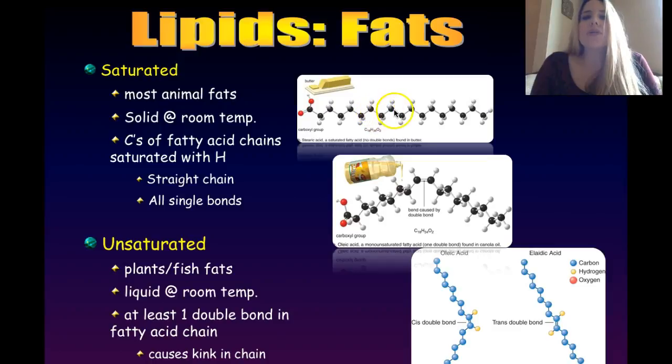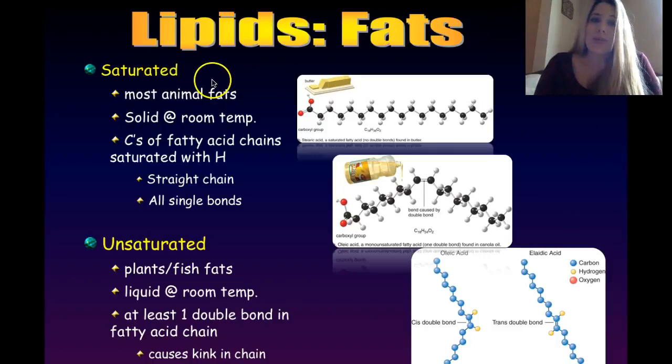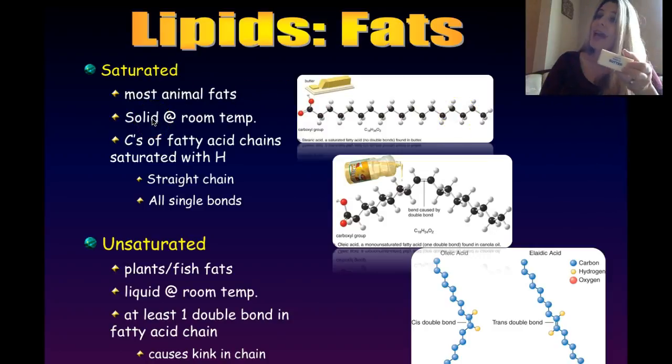And these are all carbons. So the little black balls here represent carbon. And the little white balls represent hydrogen. So recall that each carbon is going to have 2 hydrogens attached to it. Now notice that all of these bonds here are single bonds, and each carbon is joined to a carbon on one side and a carbon on another, and then 2 hydrogens. So in other words, each carbon is saturated with hydrogens, hence the term saturated fat. And because of that structure, it causes the fatty acid chain, the hydrocarbon chain, to be straight, which causes butter to be solid at room temperature.